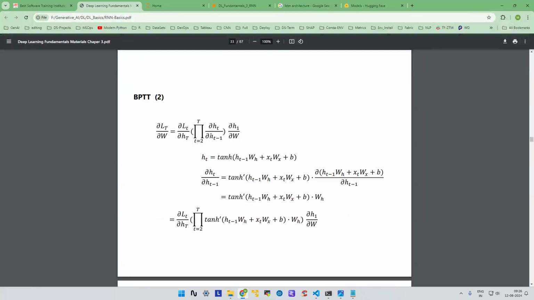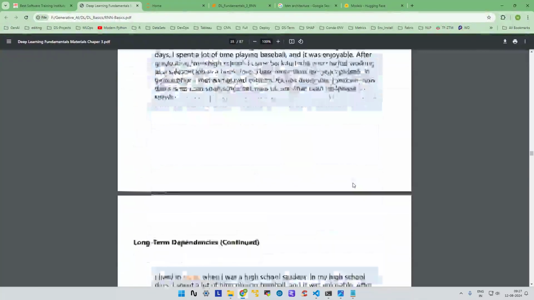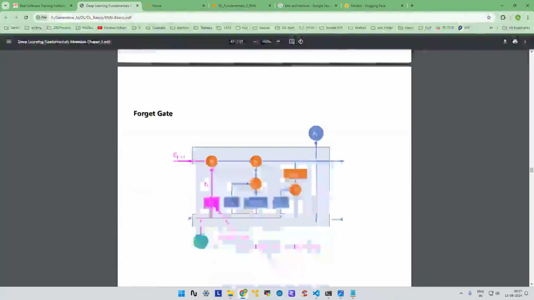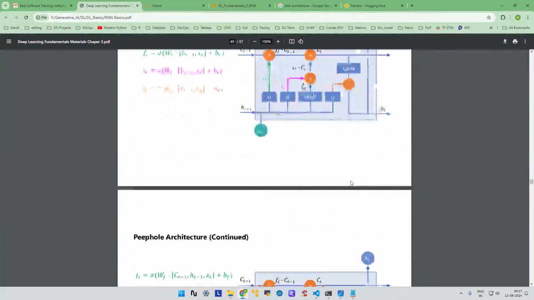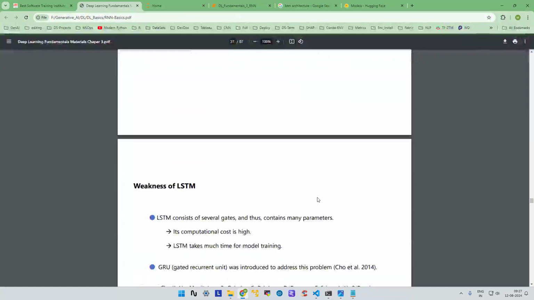So we need to calculate this whole thing: we need to sum dou L by dou HT, dou HT by dou HT minus 1, multiplied by dou HT minus 1 by dou HT minus 2, and so on and so forth. When it comes to LSTM, because we brought in CT minus 1 and all, it will slightly change. You can see that we need to calculate dou CT by dou CT minus 1. When it comes to GRU,